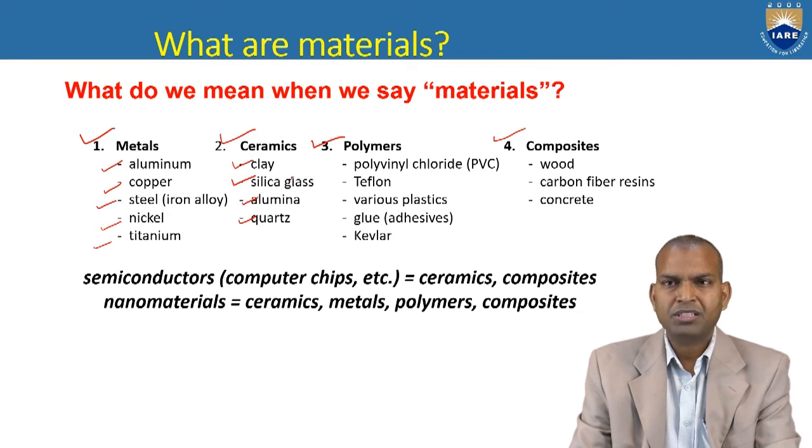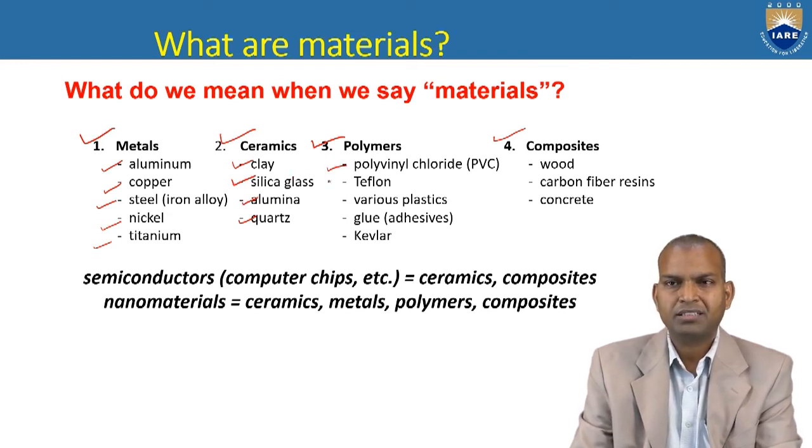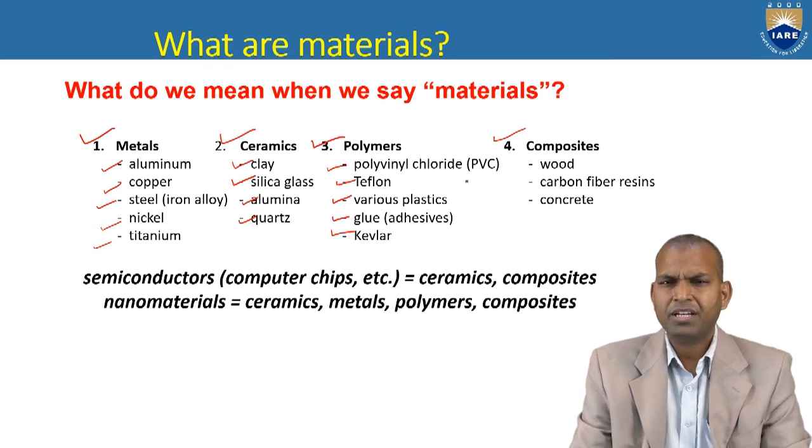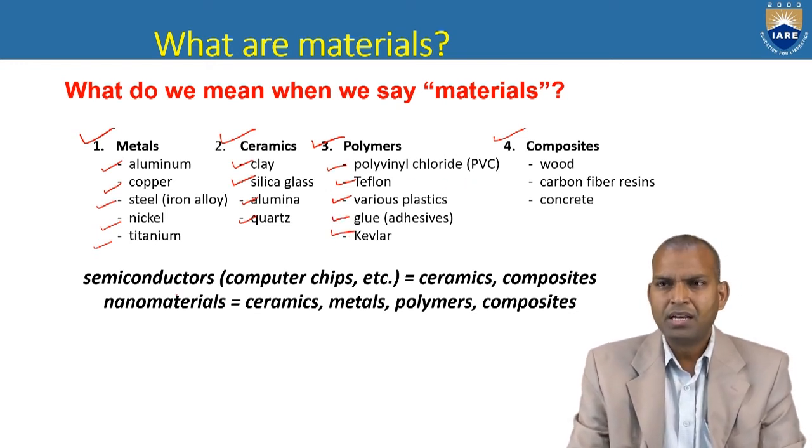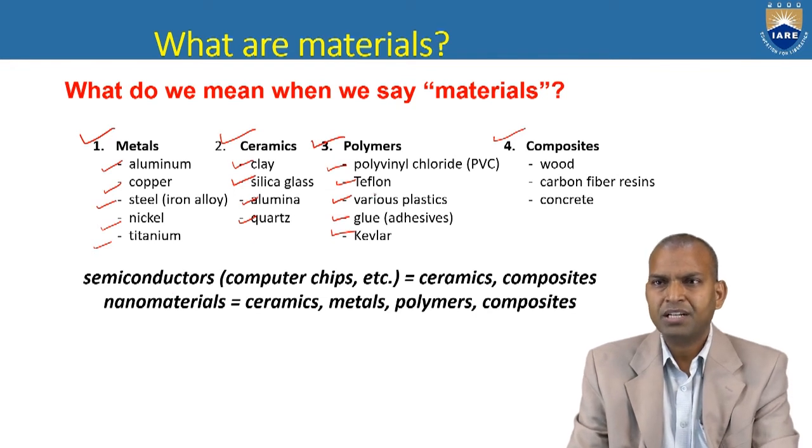And what are the polymers? Polymers are nothing but plastics. That is polyvinyl chloride, that is PVC, Teflon, various plastics, glue, that is adhesives, and Kevlar. What are the composites? There are various types of composites, but here I present only three types of composites: wood, carbon